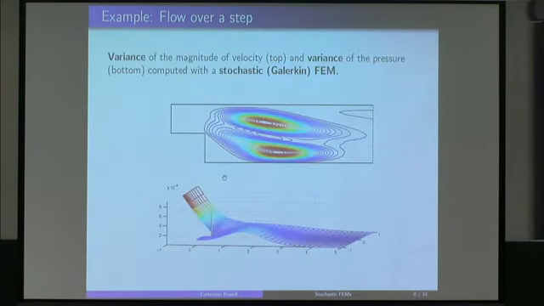I can also get out information like this. So not just a mean, I've got the variance. This is the variance in the speed of the flow. So red is the highest number and blue is the lowest number. So does this tell me where I'm most uncertain about my fluid flow? That's kind of one way to interpret variance, where the variance is highest.